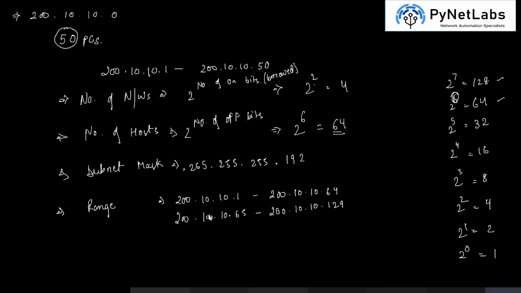Yes, Dilkhush, you are very correct that you cannot use 64 since it would be the network, the broadcast ID of the range. But I'm just telling you the range of division of the IP addresses. So we are just learning this as of now, and we will look into that later on. Then we have 10.10.130, and you can add 64 to this, so you will get 194. So this is how you can subnet the mask, and you will be able to use the IP address to its fullest use.